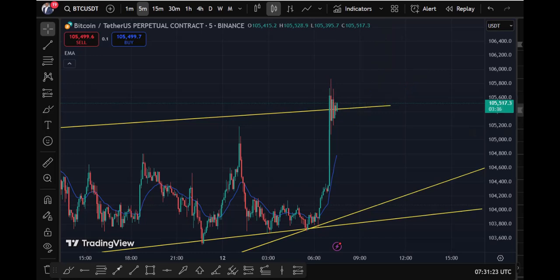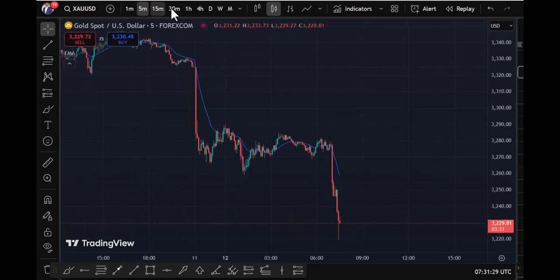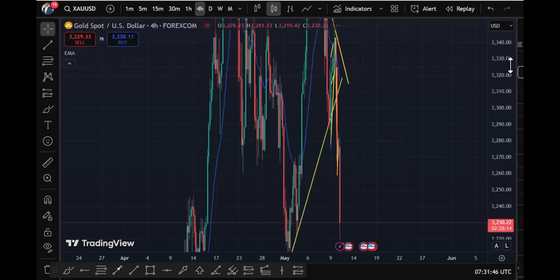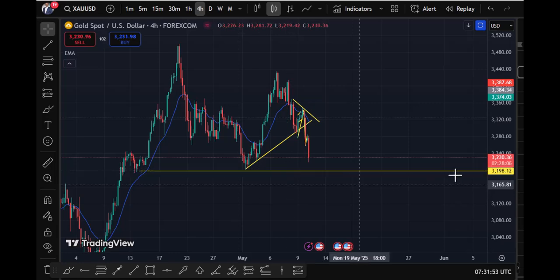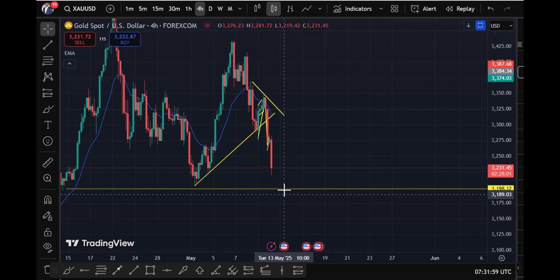All right, so let's look at the almighty gold, guys. These are the two pairs that we milk on a daily basis: gold and Bitcoin. So gold is very bearish. Likewise, from Friday, we know that this market is going to drop, but we've not paid attention on gold because yesterday the market didn't open, and there should be a gap from yesterday. Yeah, we're expecting the market to drop right from the open. So this drop definitely is going to break this low. You see, this drop is going to tag this horizontal line.